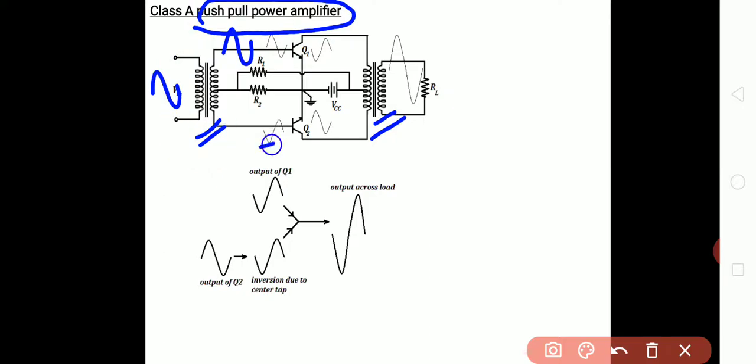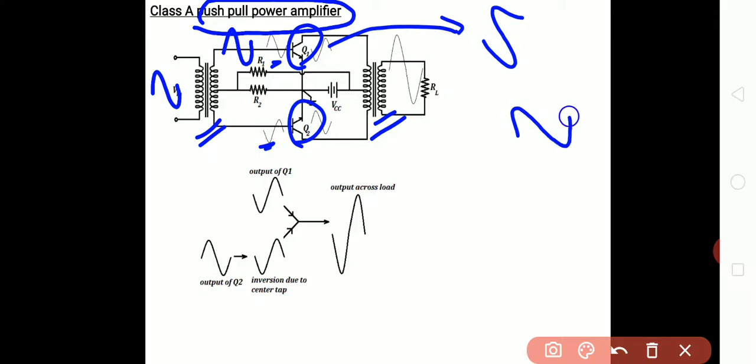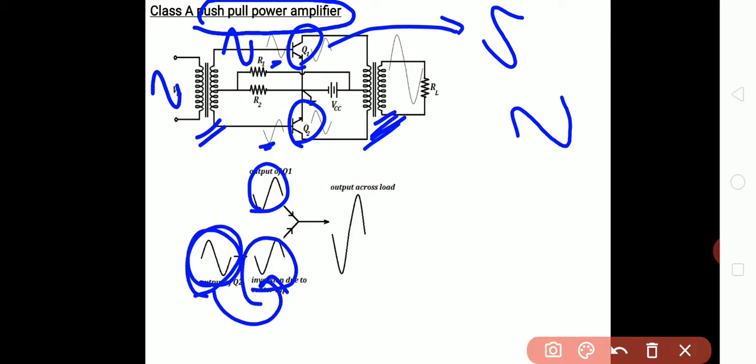as shown like this. And we are going to use two transistors, where one transistor responds in one region and another transistor responds in the other region, so that the output will be something like this. This is the output of our first transistor and this is the output of our second transistor. Because of the center tap transformer connected across the load, the output of Q2 is again inverted like this. Now after adding these two in this transformer, the output load is driven with a complete cycle